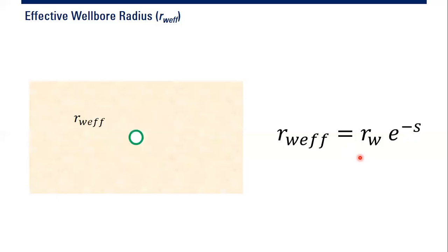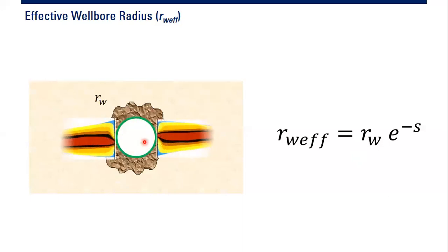So now we have the smaller wellbore radius, the effective wellbore radius, which is far smaller than the original or initial wellbore radius. And of course, with this small wellbore radius, the productivity of the well is also decreased. But for example, we stimulate the well. For example, we conduct hydraulic fracturing. We bypass the damage or we remove the damage. Now, instead of positive skin, we have negative skin value.